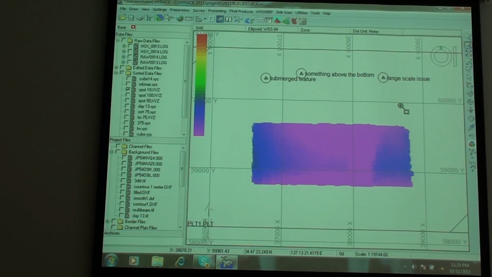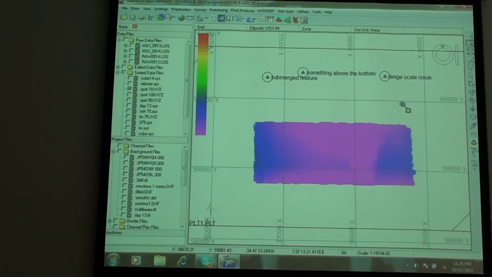So what happens is, you have two files on top of each other. Take that one. Let's say I